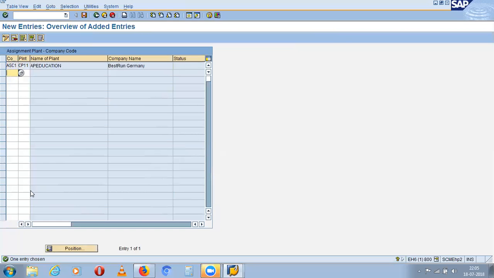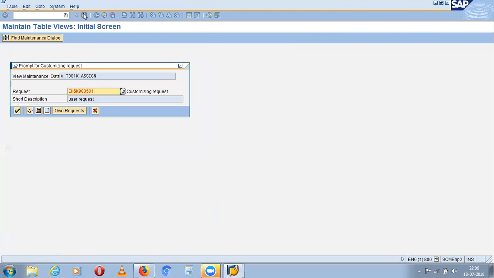For the plant we have given it, but for the company we have copied from the standard. So that is the reason. Never mind. Save it. Saved. Press enter.